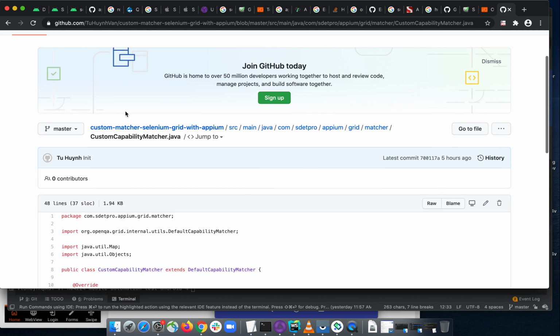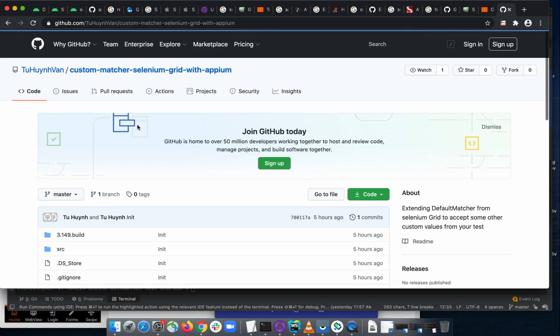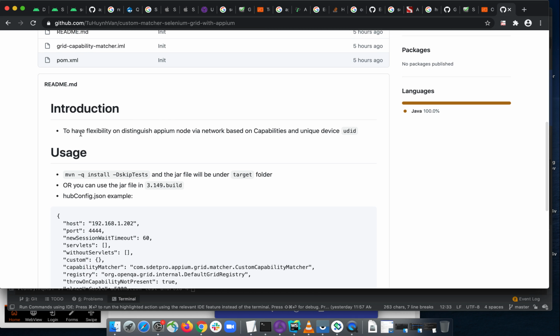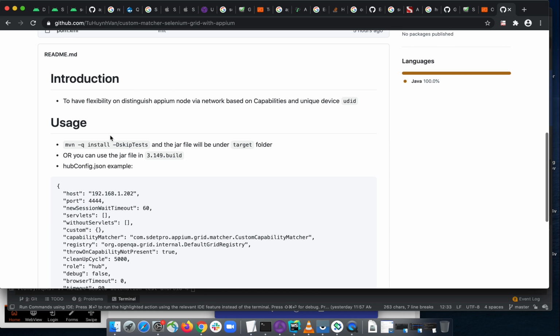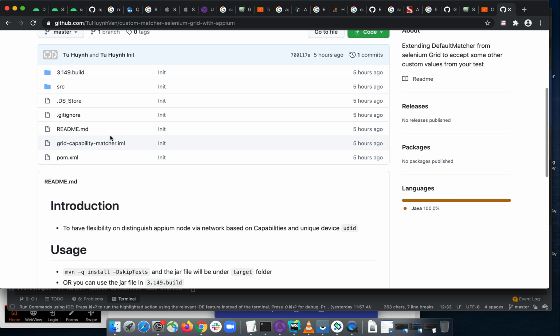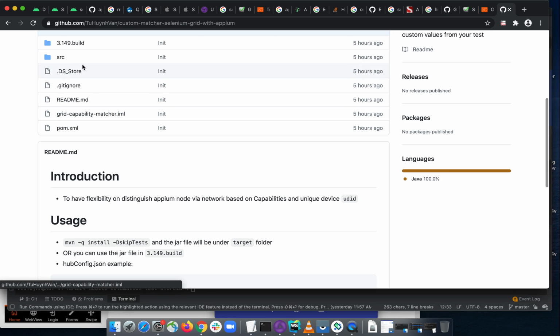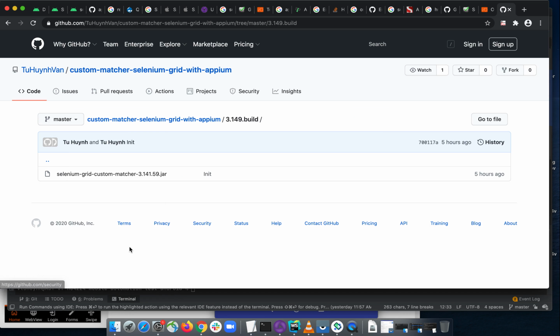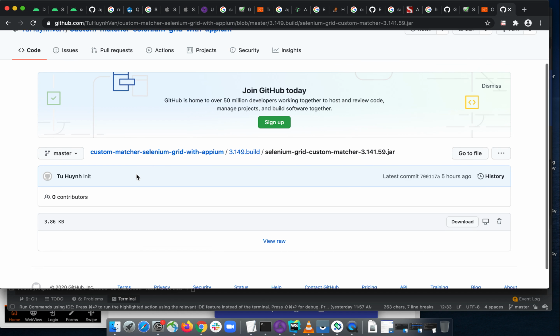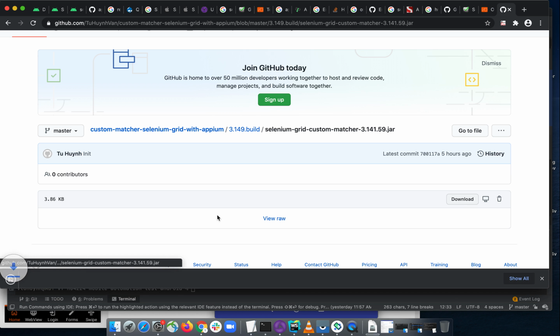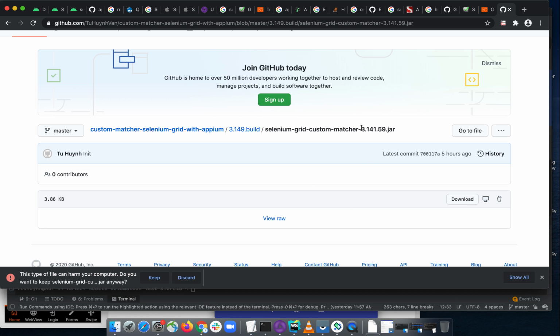I already included everything here for you, just in case you want to clone this and do it yourself. But I also have a jar file here for you. You can just click and download it, and then use it along with the Selenium standalone server